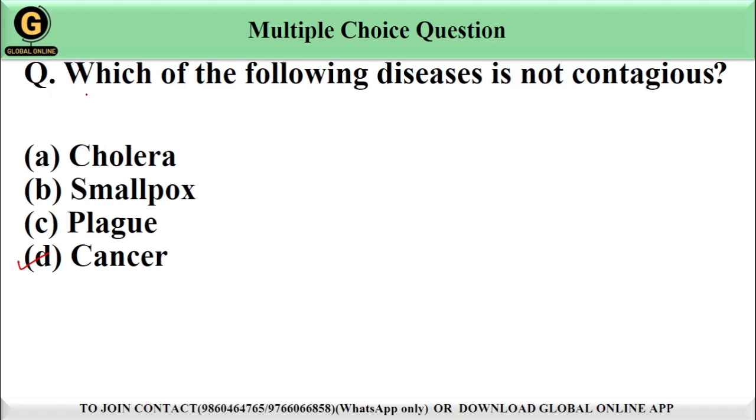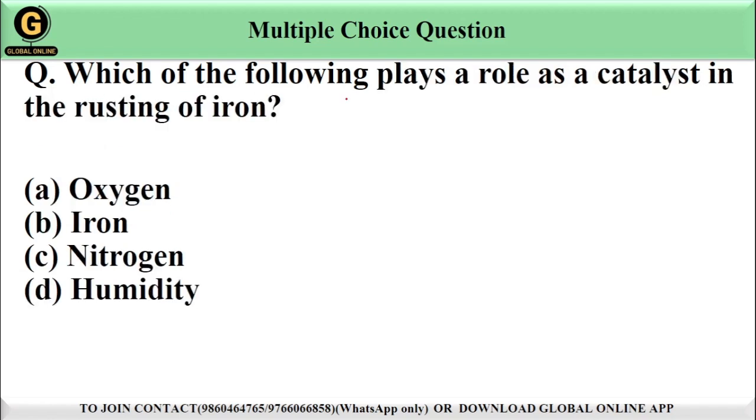Which of the following plays a role as a catalyst in rusting of iron? We have options here. Option A, oxygen. Option B, iron. Option C, nitrogen. And option D, humidity. So friends, the rusting of iron is a chemical reaction that occurs when iron reacts with